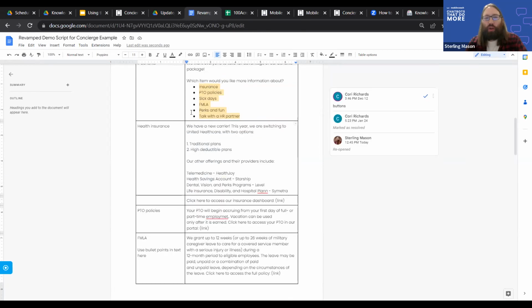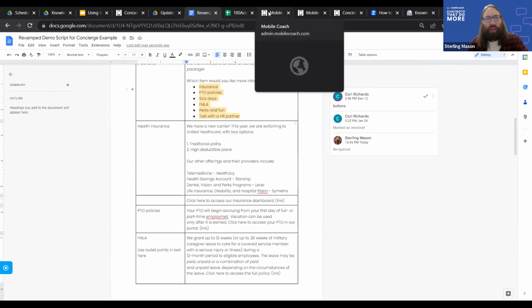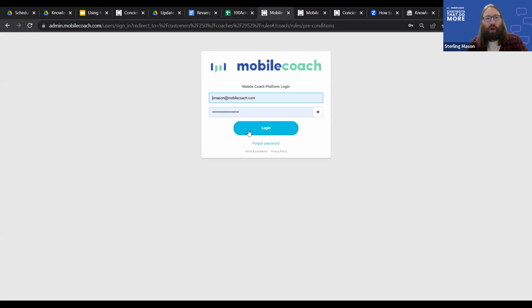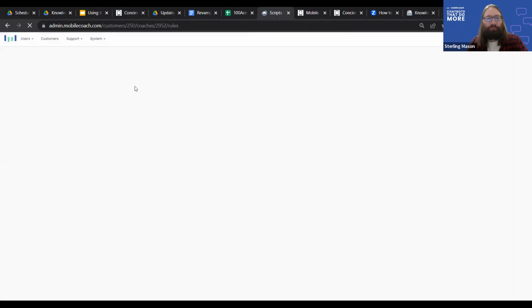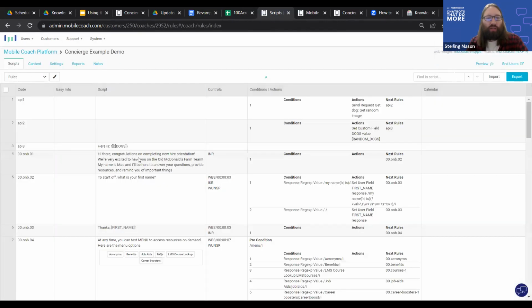So that's a sort of straightforward way to set up knowledge-based content within a script like this. And we can actually take a look at the setup on the Mobile Coach platform. So we'll just log in here. And when we're on the platform, for those of you who aren't as familiar with it, there's kind of